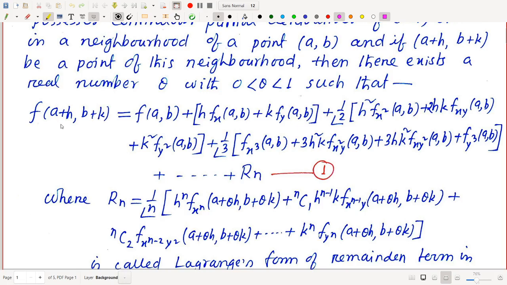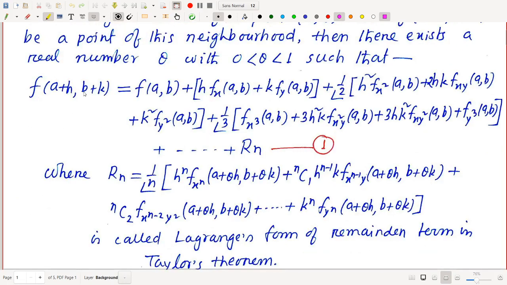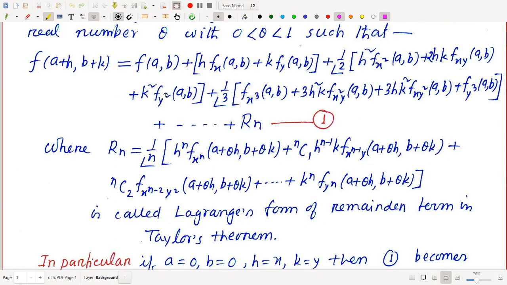such that f of (a plus h, b plus k), the function value at the point (a plus h, b plus k), is equal to f of (a, b), the function value at the point (a, b), plus h into the partial derivative of f with respect to x at the point (a, b), plus k into the partial derivative of f with respect to y at the point (a, b), plus 1 by 2 factorial h